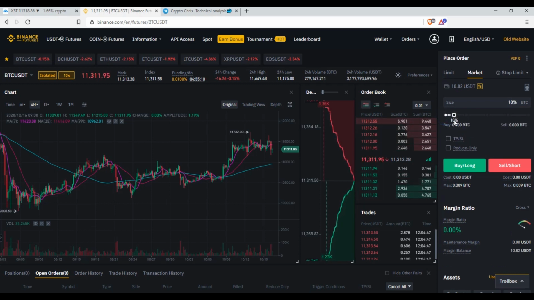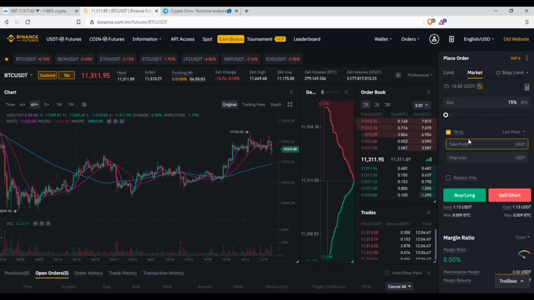So again, I'm going to open 15% of my current available balance, which will be $1.13. It now allows you to set a take profit and stop loss straight away before you open this position. So for example, I'm buying long, so I want to be taking profit at 12,000, and also my stop loss, I'm getting in right now at 11,312. If price goes below 11,000, I want this to close my position. So we press the buy long,